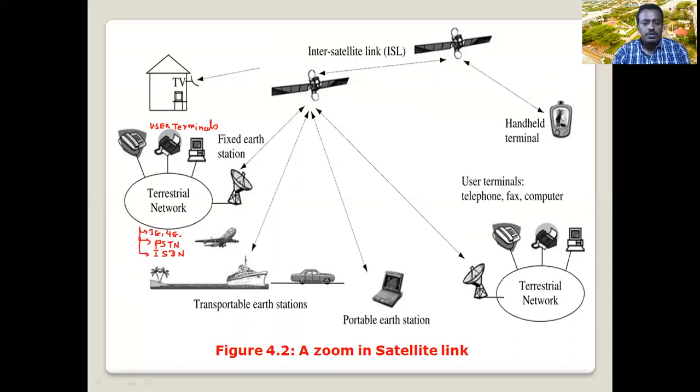For voice, for data, for video, or a combination of this. Now there are all these user terminals connected to a terrestrial network on the ground. As we have discussed in the global network infrastructure, satellite link is also part of it. So if one user in this terrestrial network wants to communicate to another user,